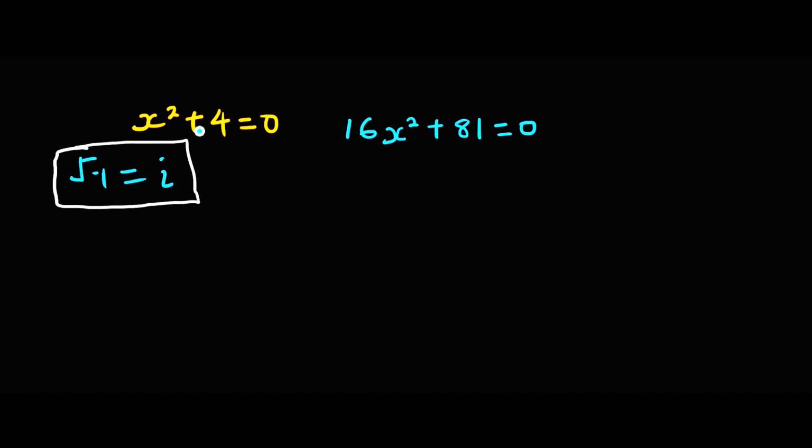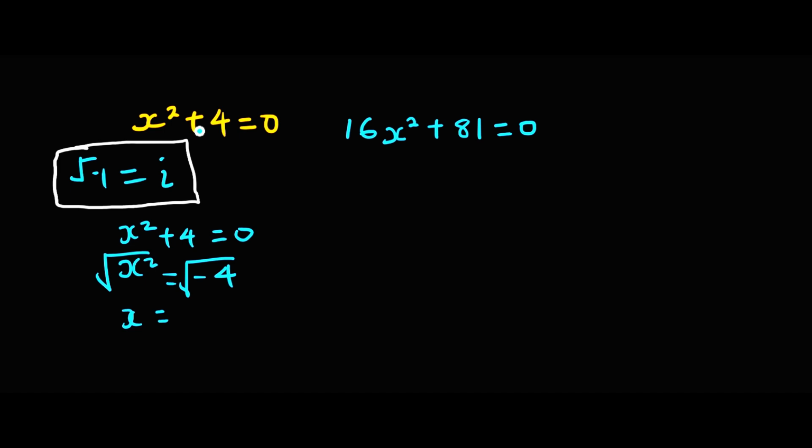We have x squared plus 4 is equal to 0. For us to solve for x, we have to make it the subject of the formula. So we're going to have x squared is equal to negative 4. Remember, the sign changes when a number or any expression crosses the equal sign. The next thing here will be to get the square root of both sides of the equation, so that we have x is equal to